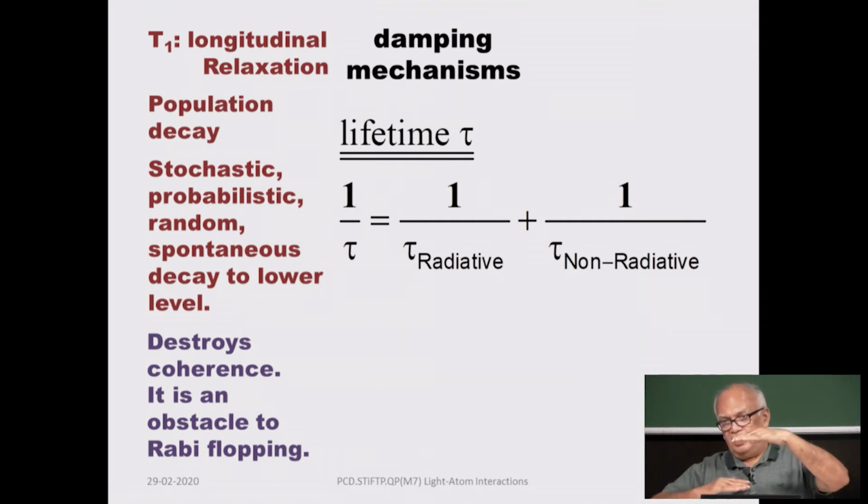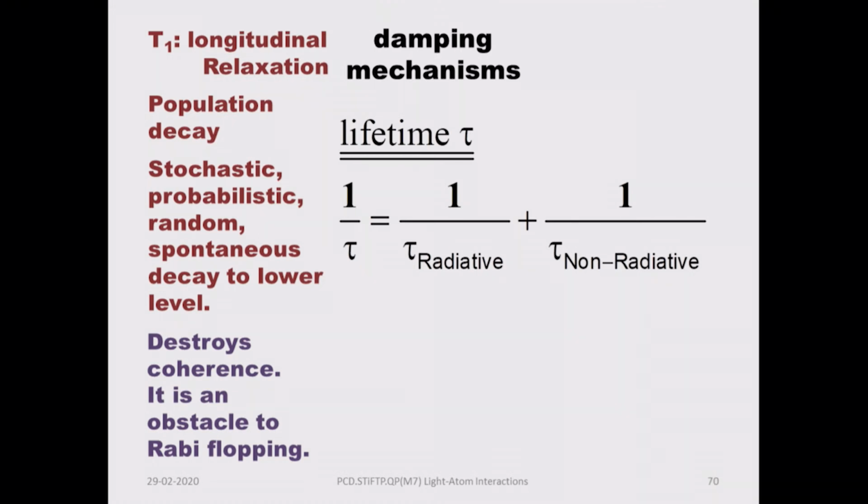So there may be a discrete spectrum. This two level system may be a part of a multi-level discrete system, and then the atom can decay not just to the immediate next level, but also to one of the lower levels in case the selection rules permit that. So you can have a radiative decay,